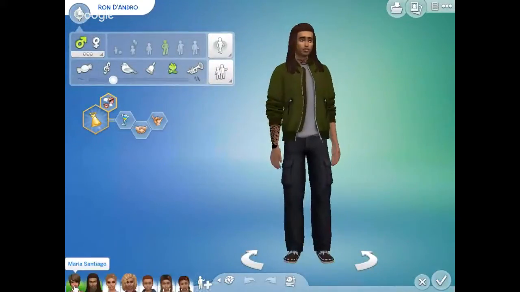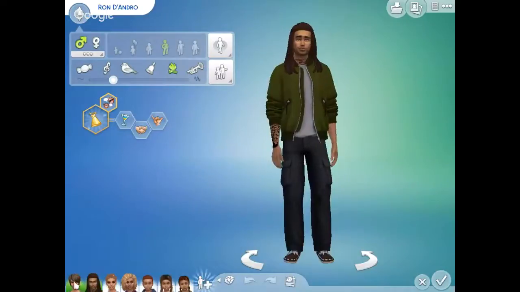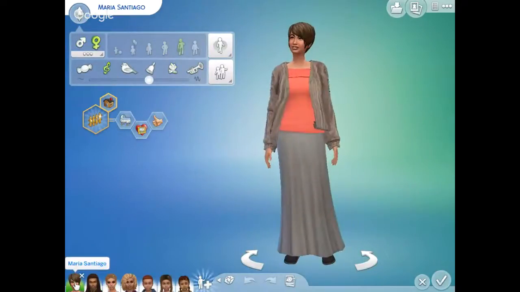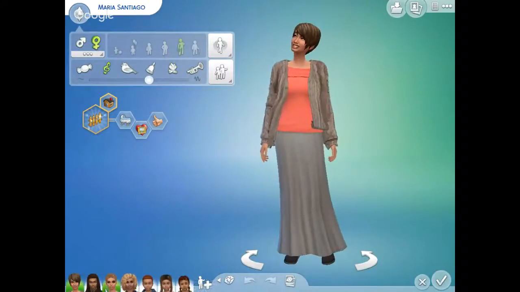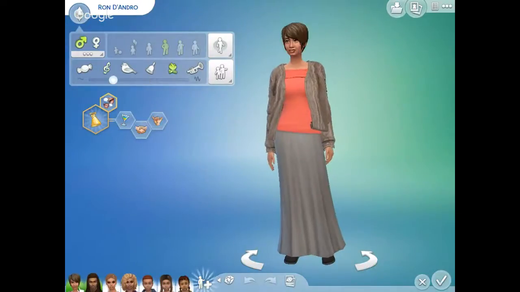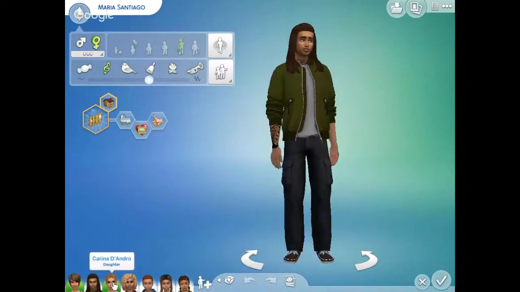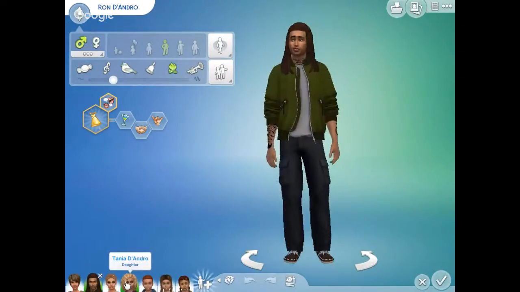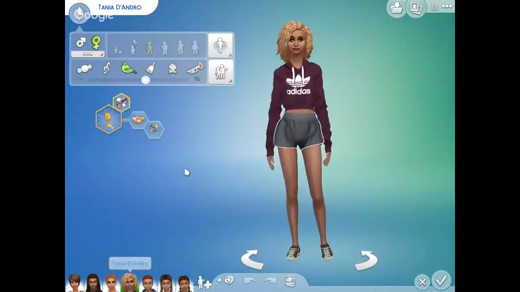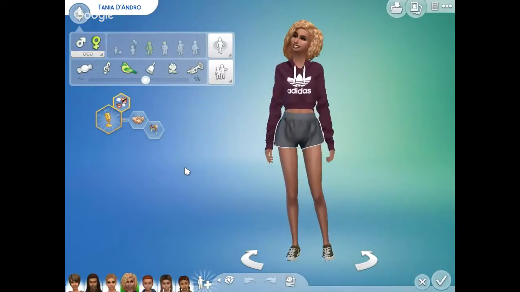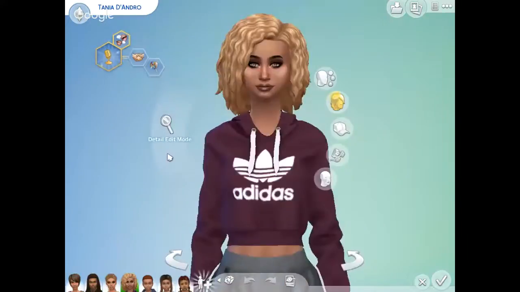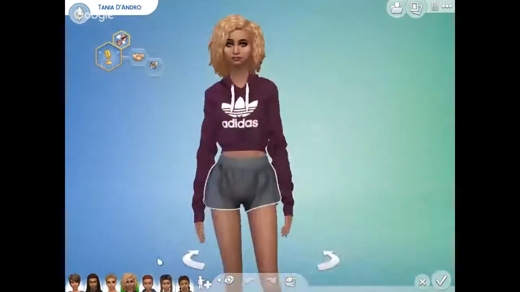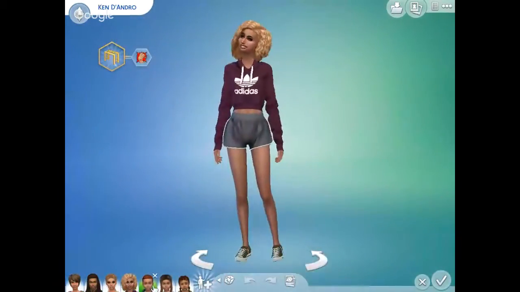Okay, so basically, this is Grandma Maria. She's the grandmother of these four, and she's the mom. Maria is the mom of Karina. Karina and Ron are obviously together, and they have these four. Tanya, which is one of the main characters. This is what she looks like up close. That's Tanya. And these are her younger siblings.